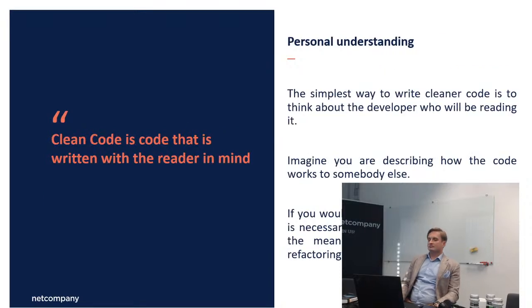So basically, clean code is code that is written with the reader in mind. And if you want a simple way to write cleaner code, imagine that you are trying to explain your code to somebody. If you would add a lot of words that are not in the code, then probably you could use some changes in the naming, because if you feel it is necessary to add some details using phrasing that is not present in the code itself, probably it's not written in the best way.